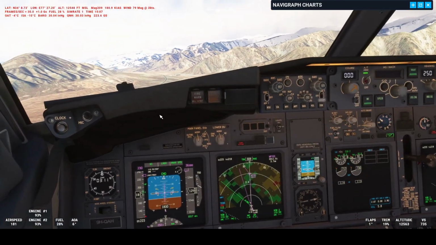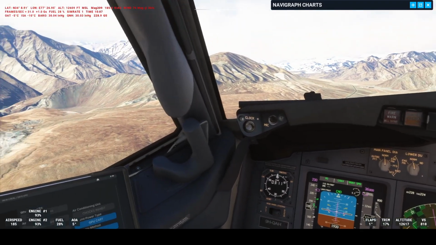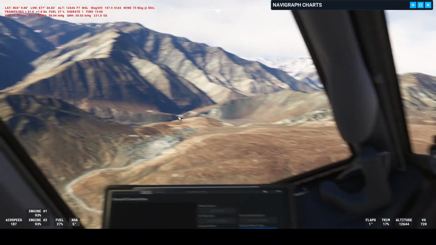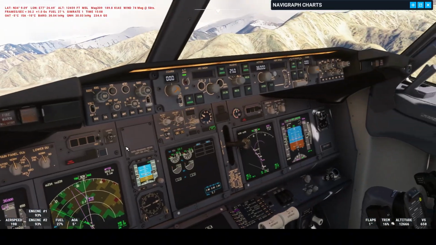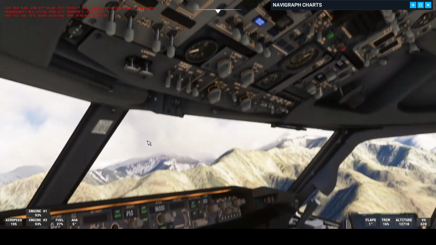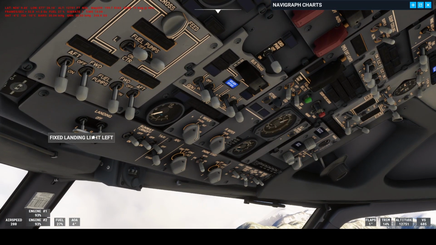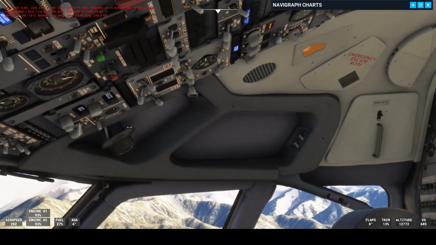You can see how this valley just slopes gently up. It's quite deceiving. I can imagine it would catch out a lot of pilots, especially in the early years. But yeah, what we'll do is we'll go flaps up now. We'll just turn off the landing lights, turn on the